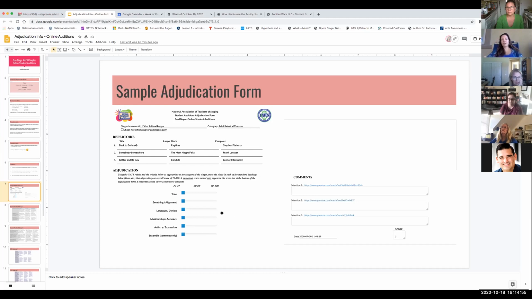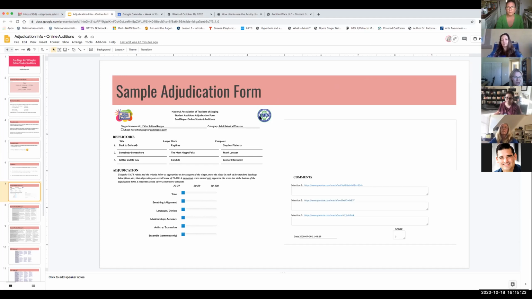These hash marks are really to provide a conversation starter for the teacher and their student when they look over their sheet. So if they say, why did I get an 89? Well, maybe they could work on their diction. Maybe their expression was great, but their tone was off. Those hash marks just give some conversation starters to the teacher and the student, and they should roughly match your final score. So you do not need to tally them up.